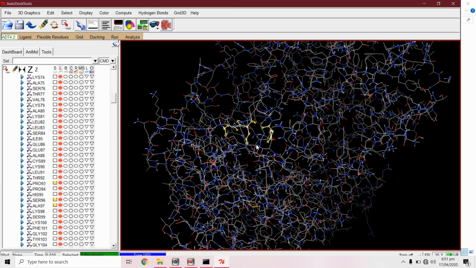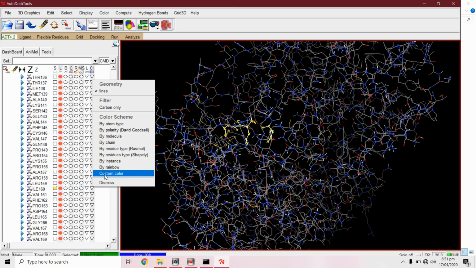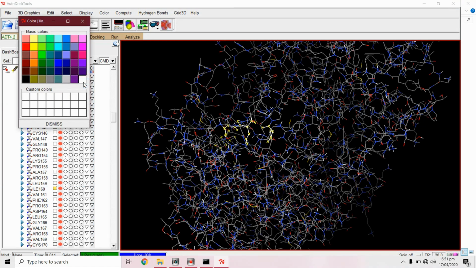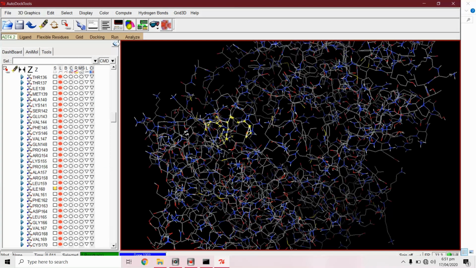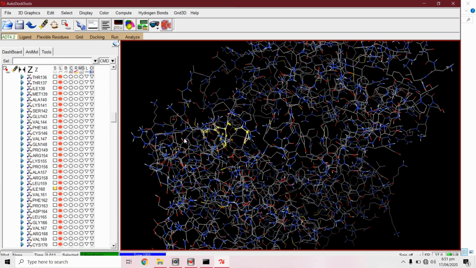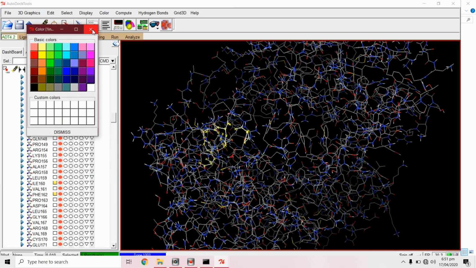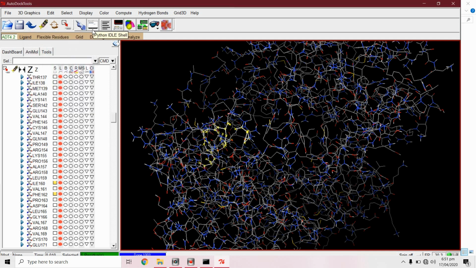The second one is isoleucine 160. Next is phenylalanine 162. Then arginine 168.